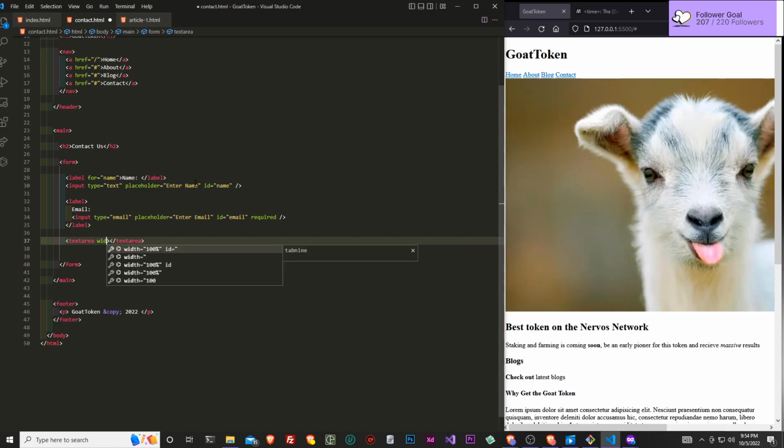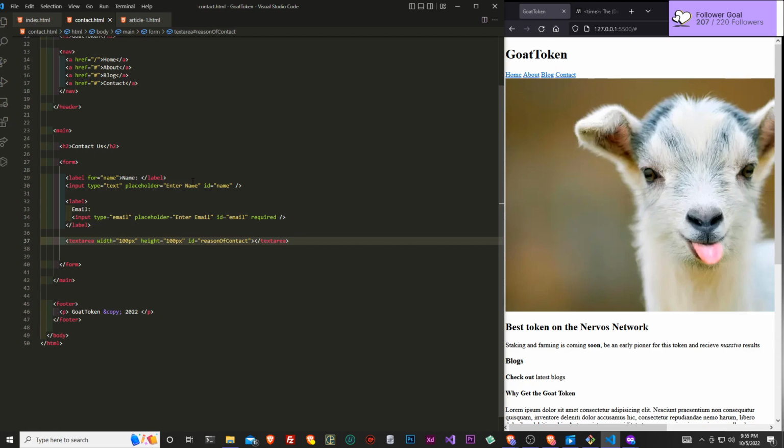Now we want to give this a width of, let's go, 100 pixels and a height of 100 pixels, and an ID I guess would be reason of contact. You can see I'm doing camel case. You don't have to do camel case. I'm just doing camel case because I'm used to it.